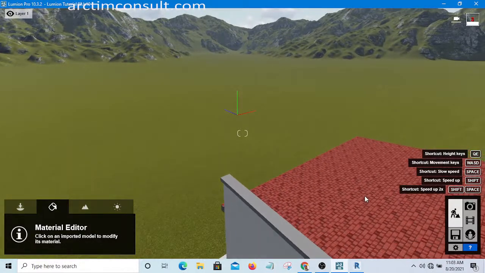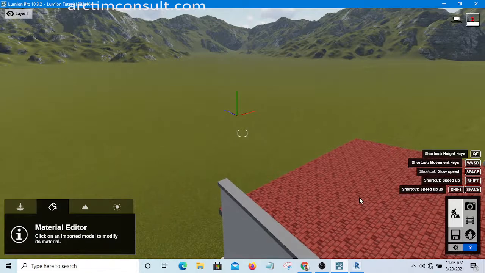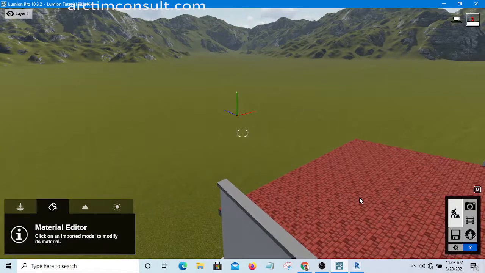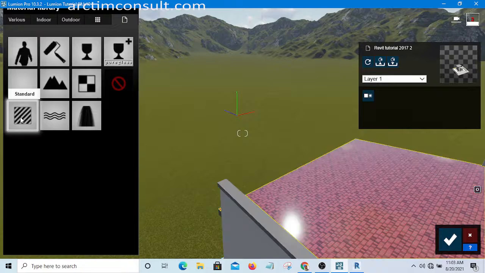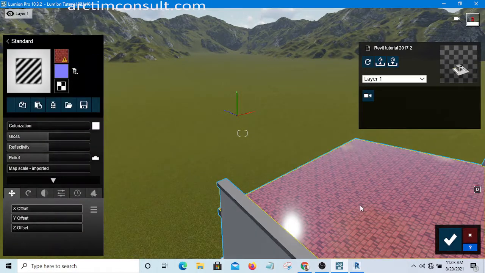This is our roof. So if I select this roof now, and the roof is already looking interesting, but I want to apply some of the properties of Lumion to it, and I want to retain my bump map. So since I want to retain the bump map, what I will do is to apply standard material,